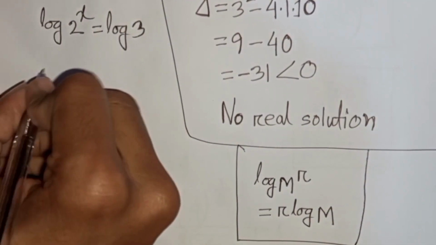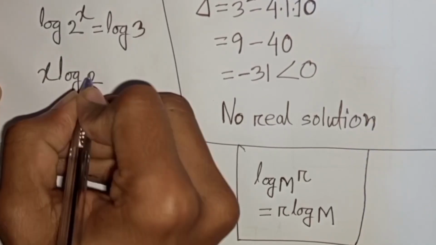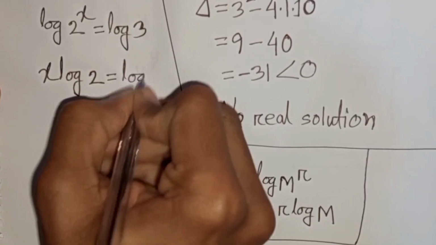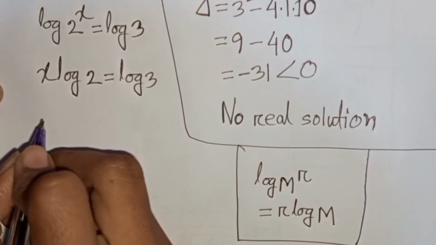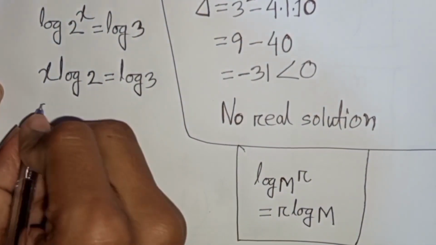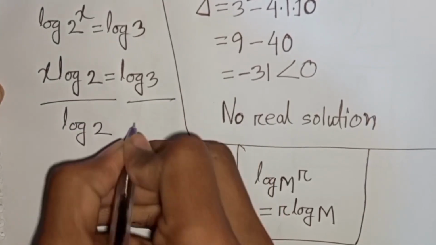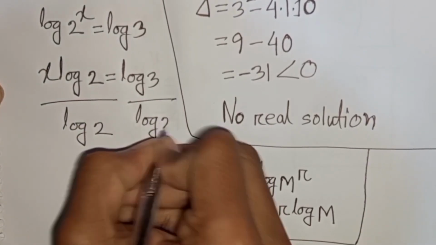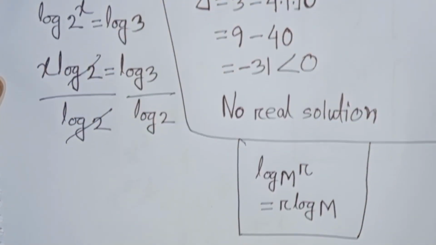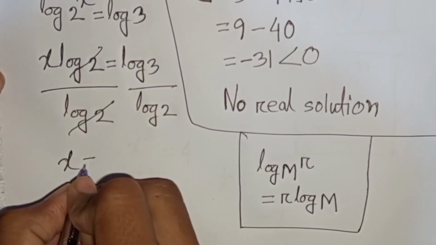So you can write here x log 2 is equal to log 3. Now we need the value of x, so we divide by log 2 in both sides. So divided by log 2, divided by log 2. Now we see this log 2 will be cancelled. So here x will be equal to